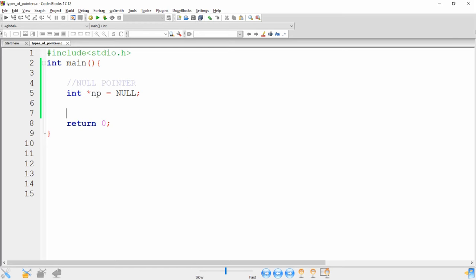For example, if I declare int *wp and do not initialize it, then this pointer is a wild pointer. It is not pointing to any value, not even to NULL.